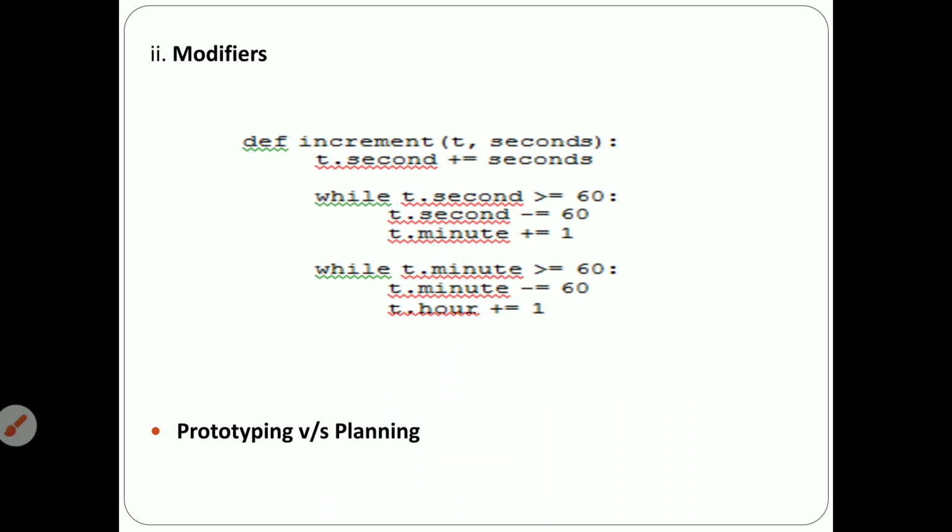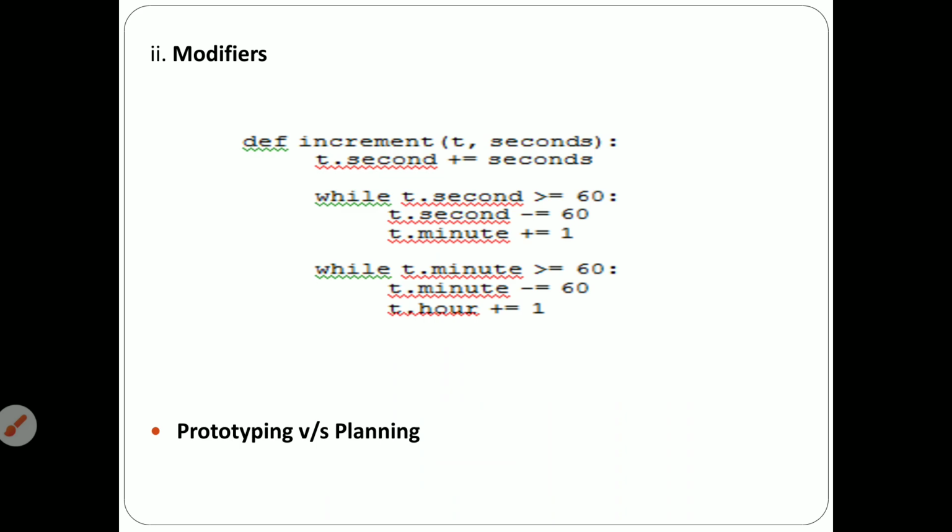And next one is the modifiers. Modifiers were already explained. You can modify the original argument if it is necessary. After modifying that argument, the change is reflected to the caller, so the argument modified inside the function will be available to the caller. After the modification, the function performs some modification inside the argument, so that will be known as a modifier function.